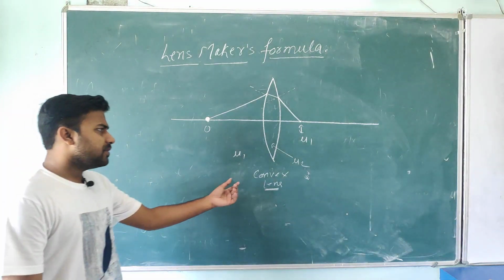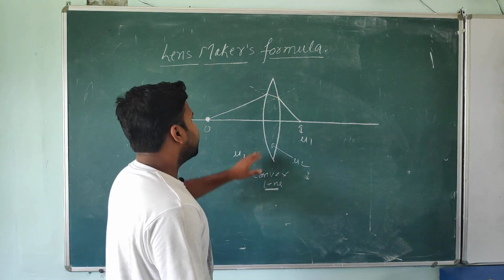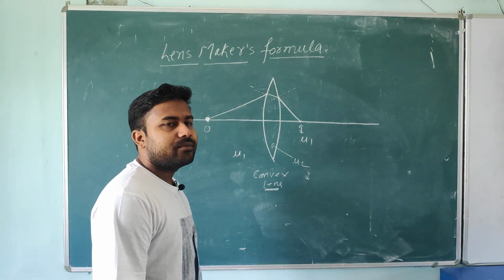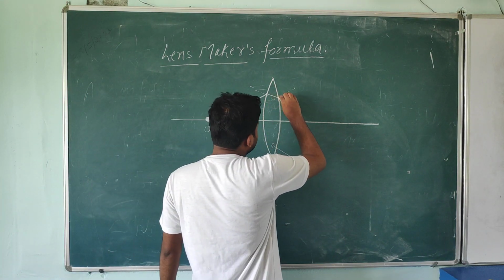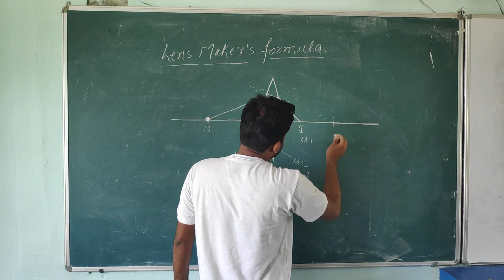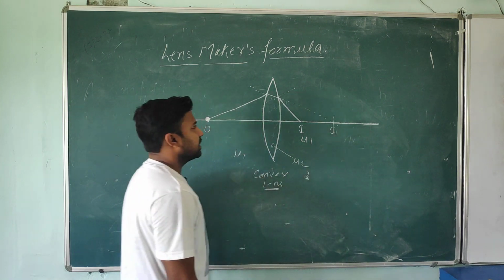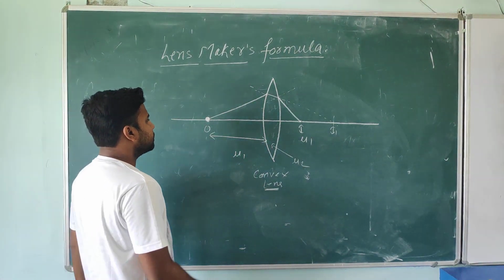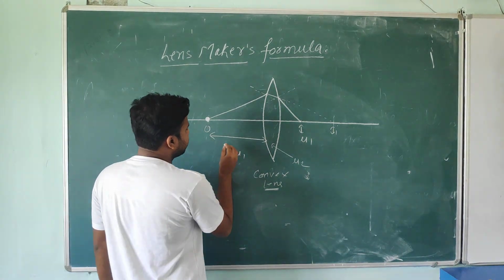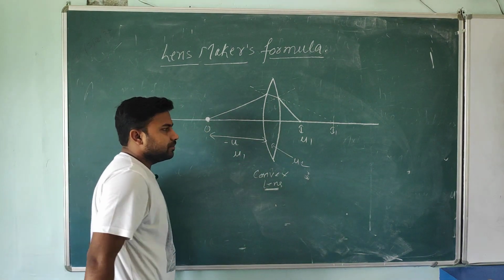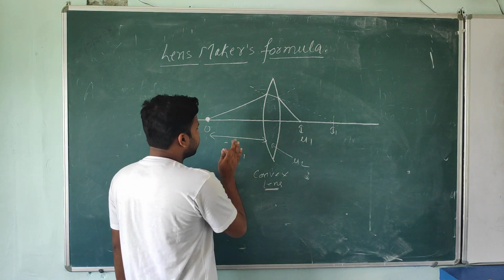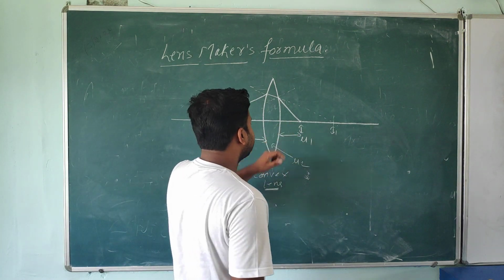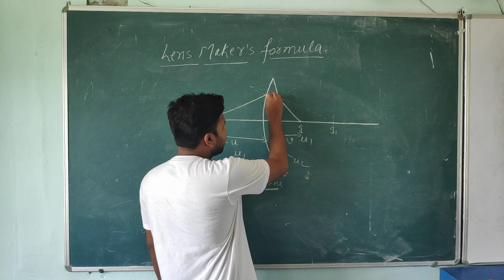Okay students, by the way we are assuming this lens is very thin, so we can neglect this also, but here for explaining, now you understand how the lens is forming the image. Actually this ray has to go in this direction, is it or not? We'll use this concept also, so that's why I am noting. We know the basic notation. The distance between the object and the pole we denote with u, and here it will be negative. Right now I am just writing u. The distance between the image and the pole is v, and the first time the image is forming at this point.